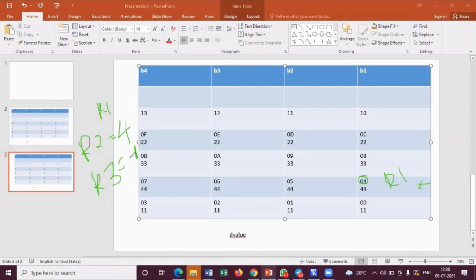Understanding? Are you all there? Yes, ma'am. Correct. I need to swap these two numbers because initially 4 was over here and then 1 was over here. And I know only one pointer, R1 pointer. So R1 is pointing to what address? 04 address. Correct. So whatever is there in the R2 register, it has to move to this address. So all my data 444, it will be moved to this particular address.